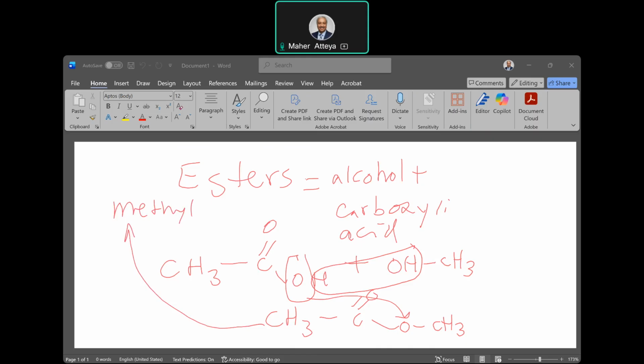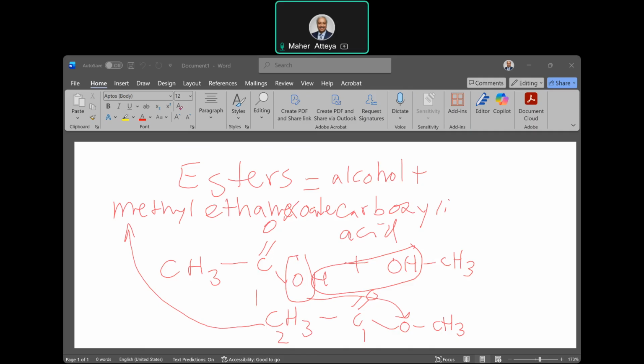And then those carbons 1 and 2 come from ethanoic acid. Ethane, take the E out, add OATE: ethanoate, methyl ethanoate. The commercial name is methyl acetate, but we call it methyl ethanoate according to ethanoic acid,